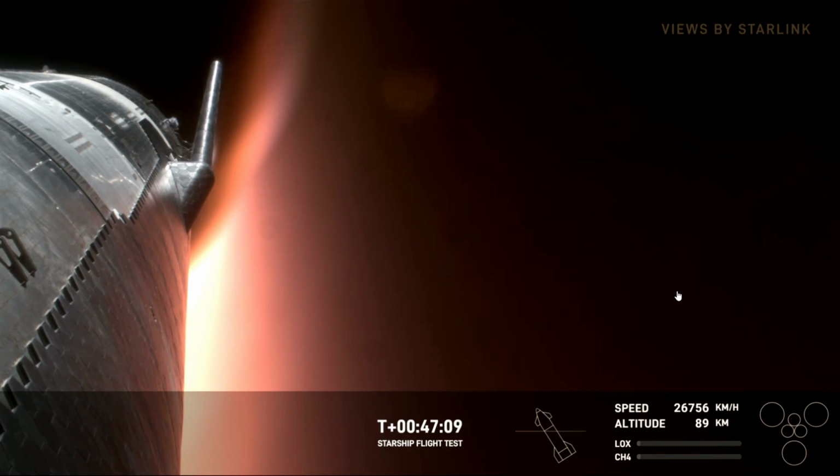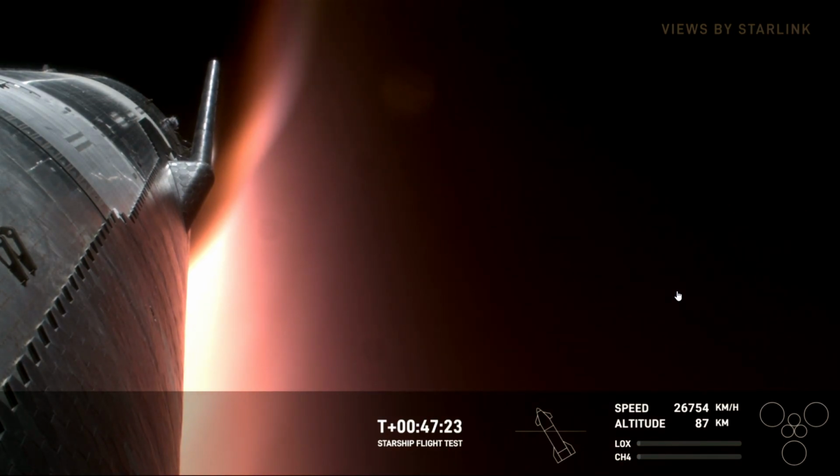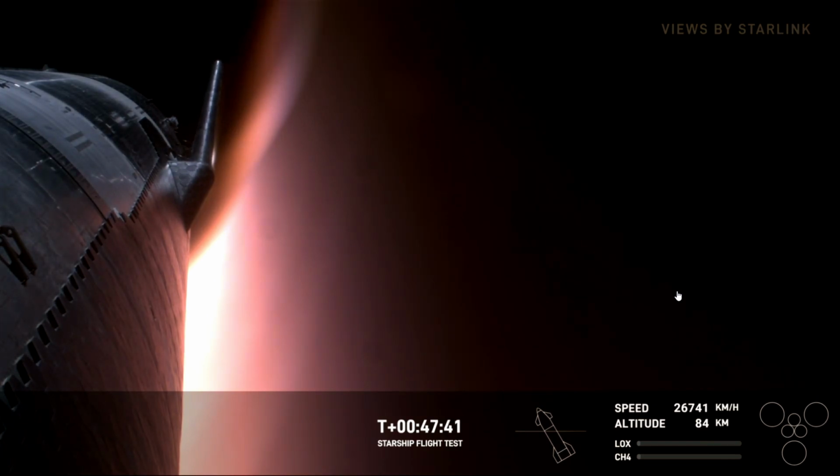So similarly to, for example, the serial number 10 test that we saw a couple years ago, we're hoping to duplicate that again today. Hopefully we will see it live. And basically the 3 center engines of the ship will reignite and gimbal or point to help flip the ship until those engines are pointing down so that it can land vertically using Raptor's thrust. And as you can see, even from the beginning of the program, we've designed Starship to land on Mars where there are no runways or other humans to help out. We also want rapid reusability, so we're doing...